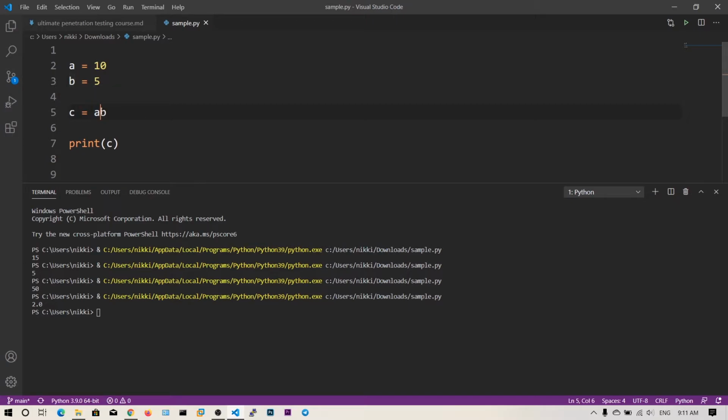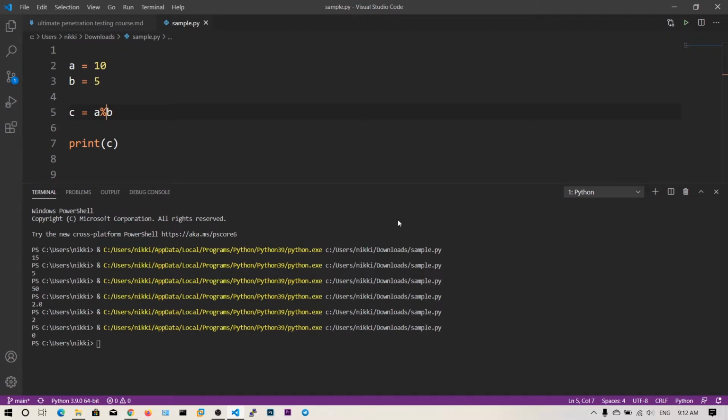And what I want to do is show you this double slash. Sorry, it gives me the integer. Okay, right? So this percentage symbol will give the remainder. As you can see, 10 will be fully divided by 5 two times, and we will get the remainder 0. So we have seen the addition, subtraction, division and remainder operators.